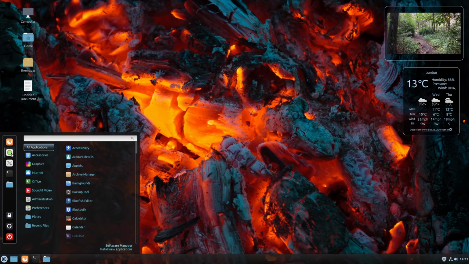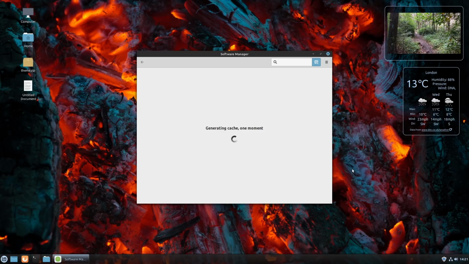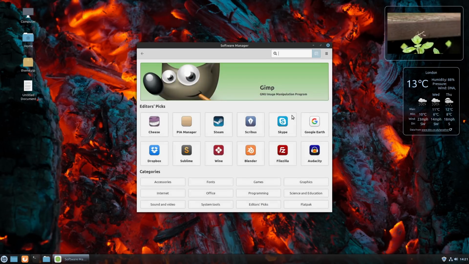As far as installing applications, yes, Linux does generally come with what you might consider a software store, or in this case, a software manager. This is a very, very safe place to install things. Everything you find inside of this list is curated and double checked. You're not grabbing stuff from random places on the internet. You're grabbing things from repositories that the programmers and developers have looked at.